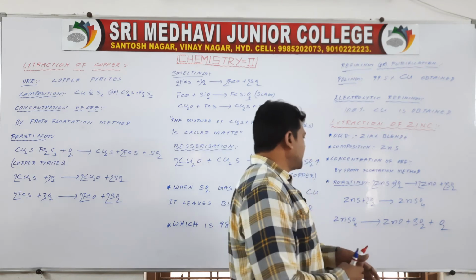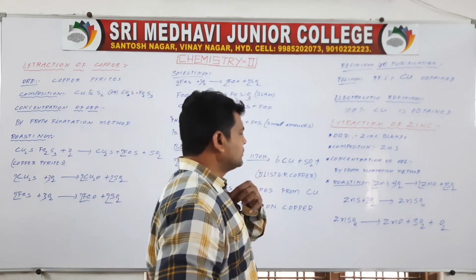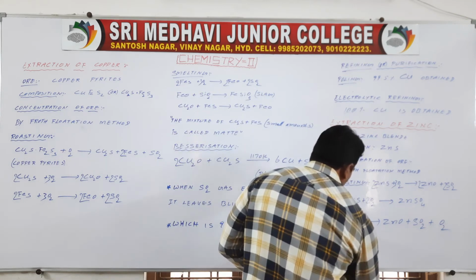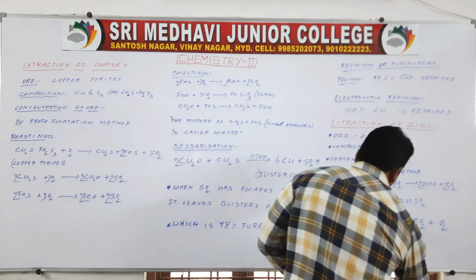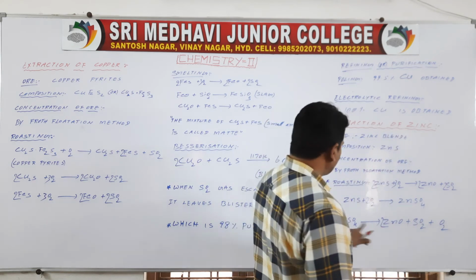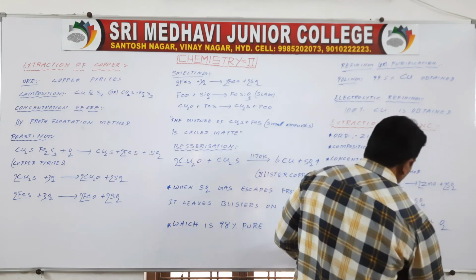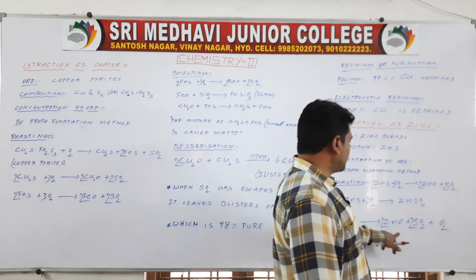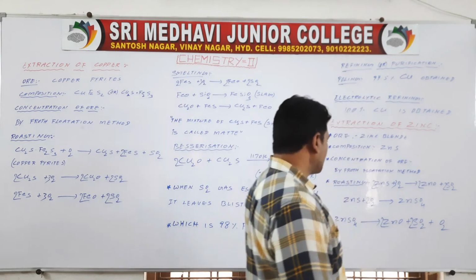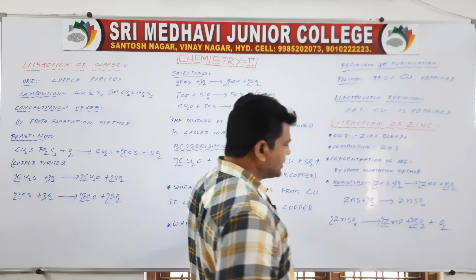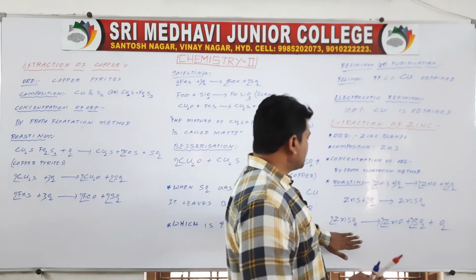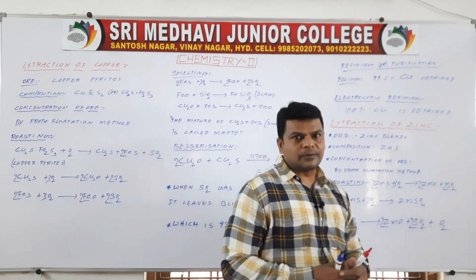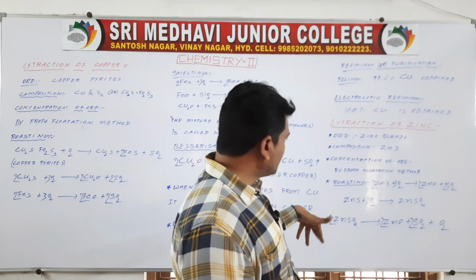ZnO. So how many do you have to take? 2. 2 times 4 is 8. If you take 2, then 2 Zn, 2 Zn. 2 sulfurs means you have to take 2 sulfurs. Then 2 times 4 is 8, then 2 times 2 is 4, plus 4, plus 2 is 6, plus 2 is 8. It is balanced. So in roasting, ZnSO4 can be converted into ZnO and SO2. Okay, so after roasting, it can be